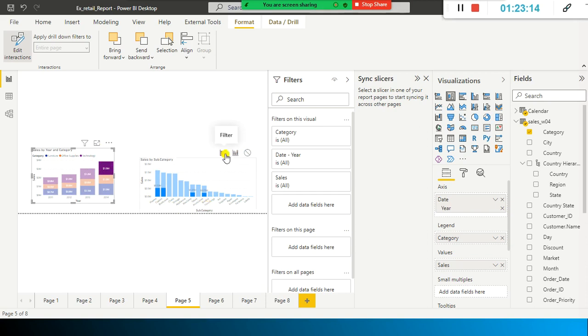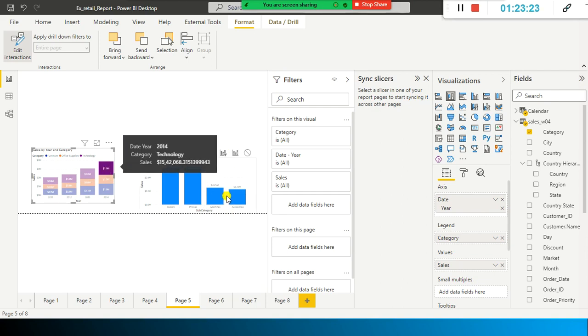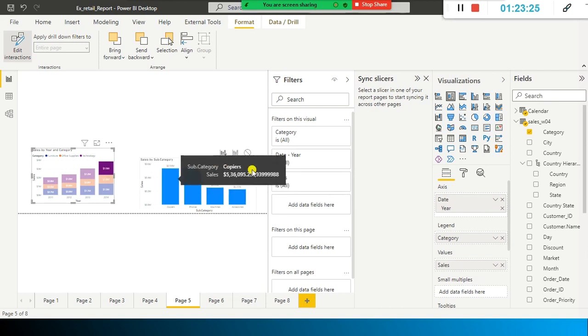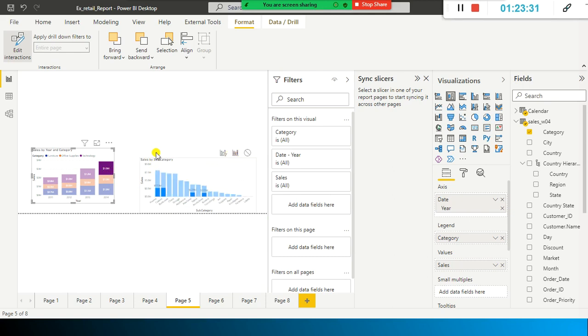Or if you want to filter it, I just select this one, and all the subcategories relevant to this one only are shown, and all the irrelevant items are not shown. Filter and highlight shows all the items, but highlights those subcategories that are relevant to this.